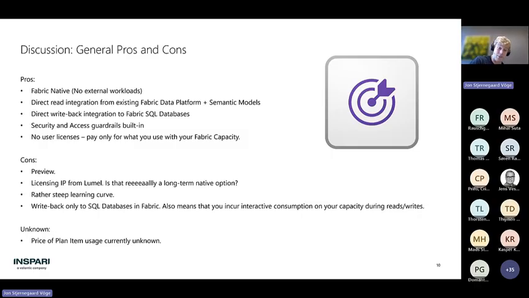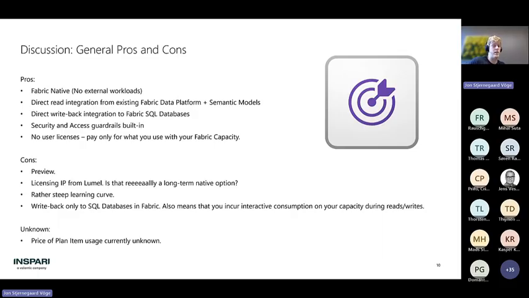I also don't like that it's right back to SQL DBs and Fabric only. Where's the warehouse integration? I can do that with the Power Apps and with translytical task flows, right? So those are the kind of things I'm looking for. It's also a little unknown how much CU this item specifically will consume. The SQL DB and Fabric consumption is not so surprising. It consumes what it does. If you were running the equivalent SQL queries directly on the DB, you'd know the kind of consumption you're seeing. It's going to be interactive usage, and as such, only smoothed over 5 minutes. So the risk of throttling your capacity is real.